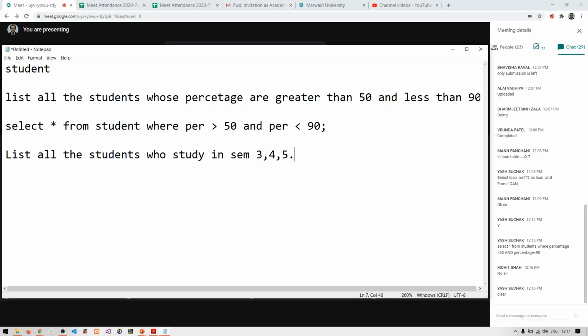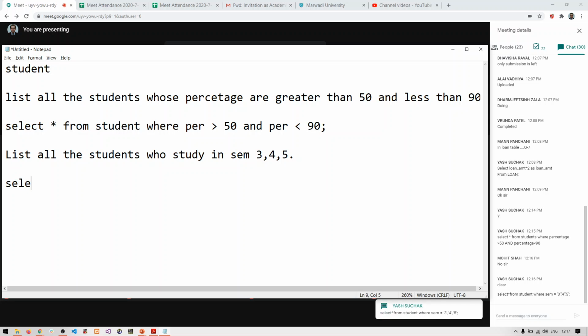So it means I have to list all the students who study in third semester, who study in fourth semester and who study in fifth semester. I have to give the data of all the students who study either in third semester or in fourth semester or in fifth semester. So how will we write this? Anyone can write the answer in the chat box.